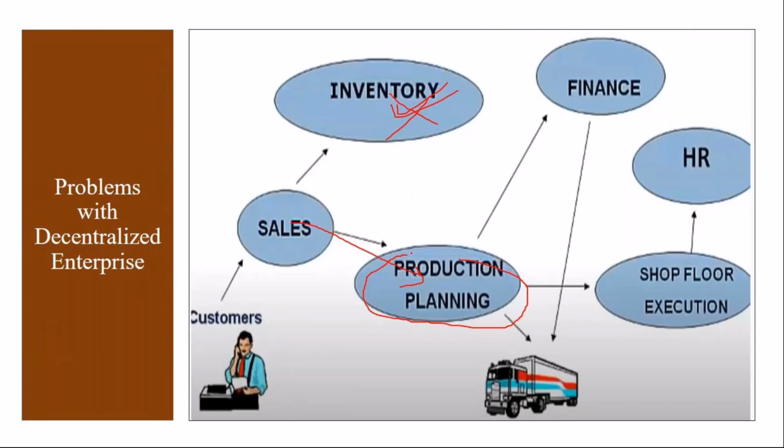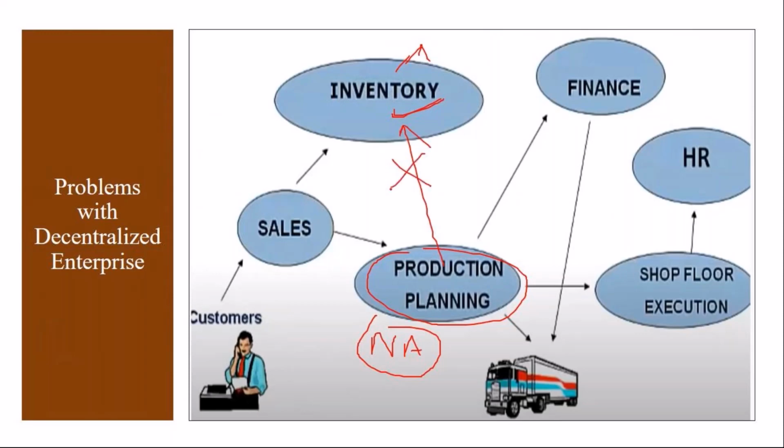Let's say for one raw material, the stock is available in the inventory, but in the production planning department's system it shows as not available. So as they cannot access the inventory department's system, they start purchasing it, assuming that the stock is not available. This will lead to excess purchase and excess stock,